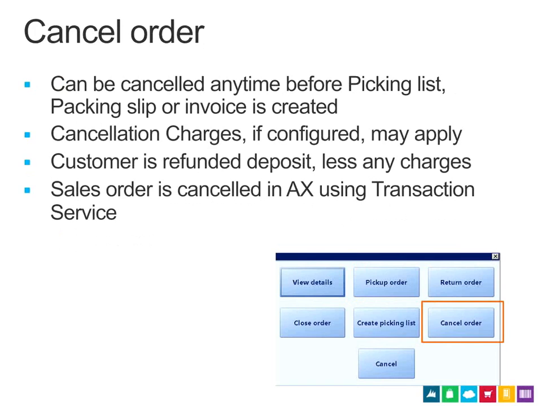You can cancel an order. So again, after it's been recalled, you're presented with these options for what you want to do with the order. And this is any time before it's been, I thought it was just packed and invoiced, but apparently it's picked, packed, and invoiced. And then from the retail parameters for customer orders, you can set whether or not there's cancellation charges. Should the order be canceled, then the customer would be refunded any of that deposit less any of the cancellation charges that they've